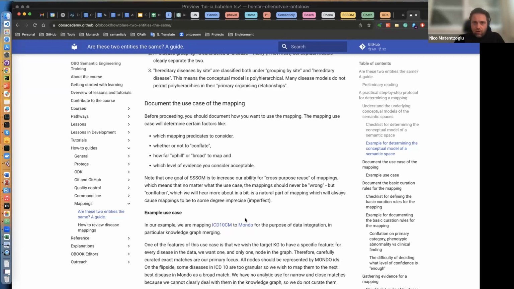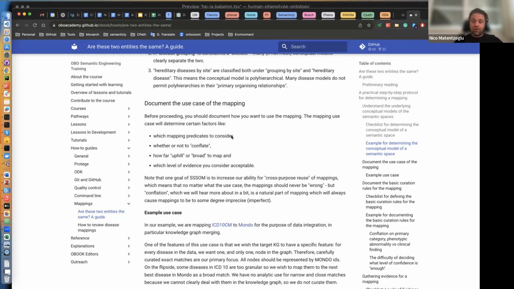So documenting the use case of the mapping. When we are documenting the use case of the mapping, why do we even want to write this down? You heard many of the SSSOM developers, including me and other people that have presented about this, constantly say that mappings should be universally true. We don't need use cases and so on. But